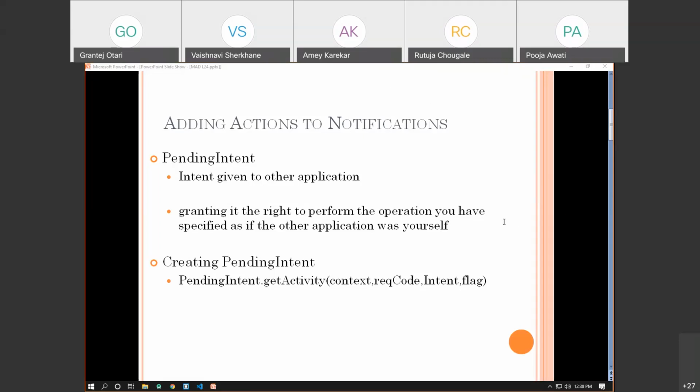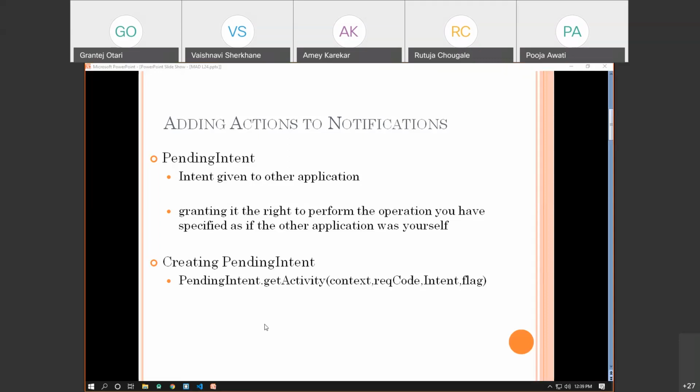Now, whenever we are executing another activity by using the intent, it's from the current activity. For example, I have written the code for activity A, and from activity A, I want to execute or call activity B. This can be done via the intent.